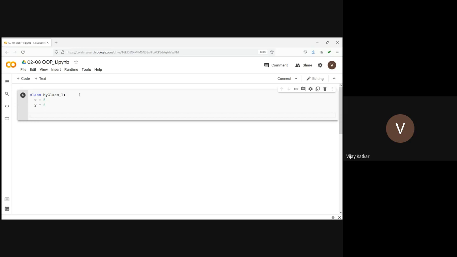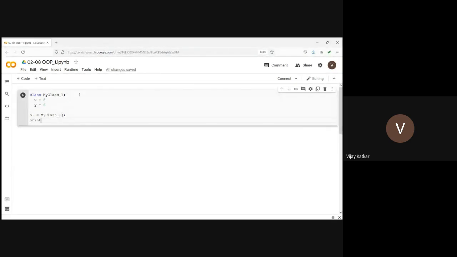So let's create the object of my class_1. I'm calling it, let's say, MC1, or call it O1. O1 is equal to my class_1, and let's say print O1 dot x.